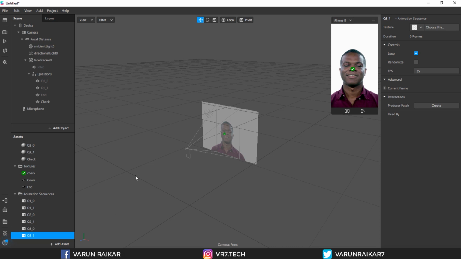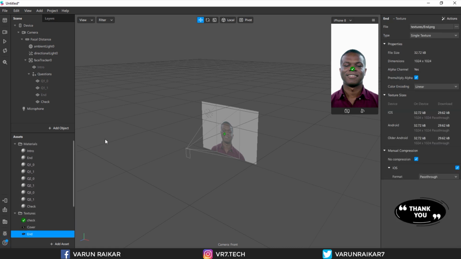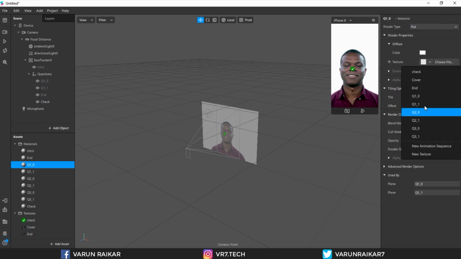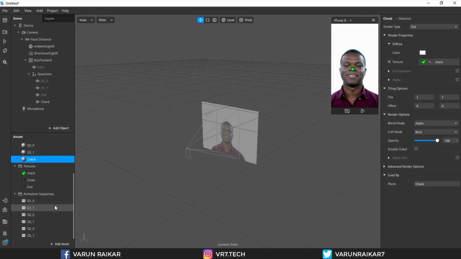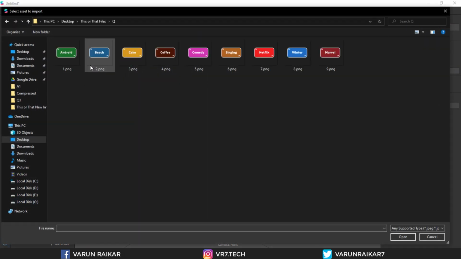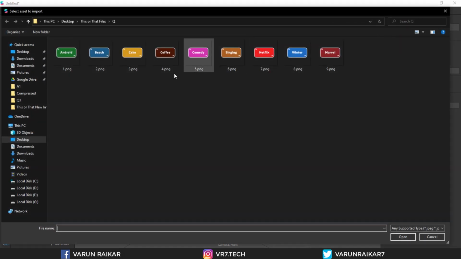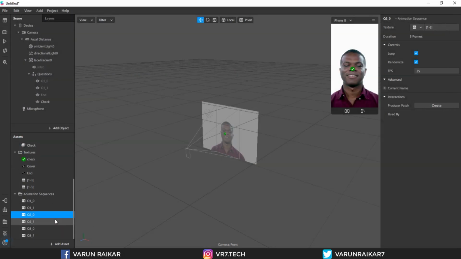Now select all of these animation sequence and click on randomize. And now choose the questions one by one for all 3 questions. Like I'm doing right now.